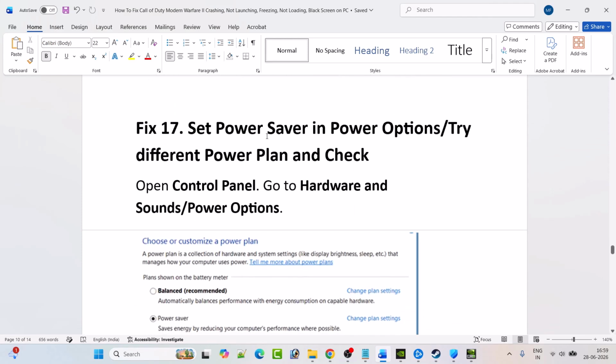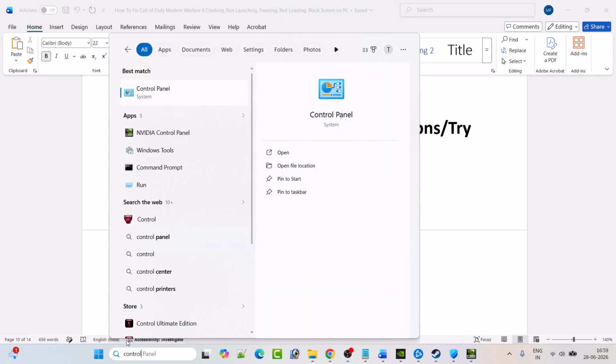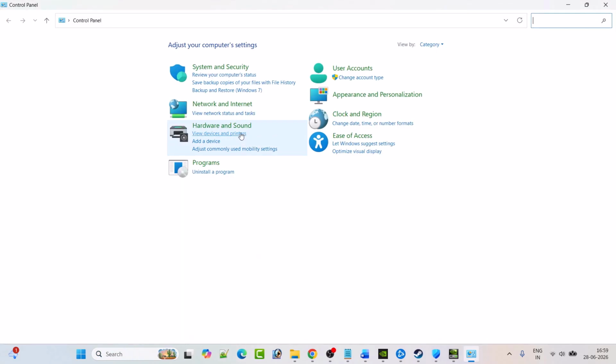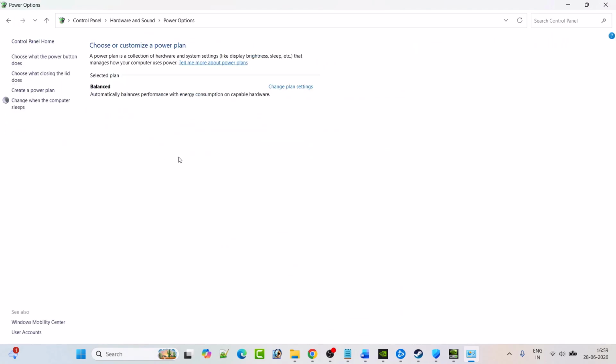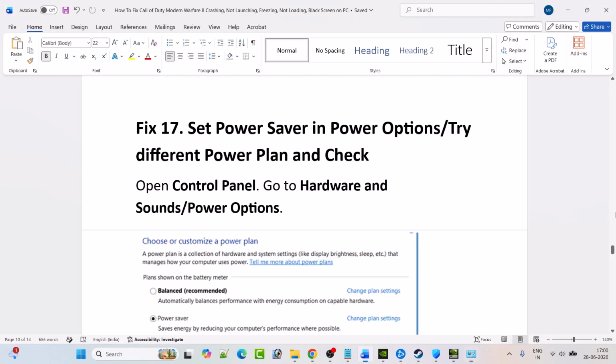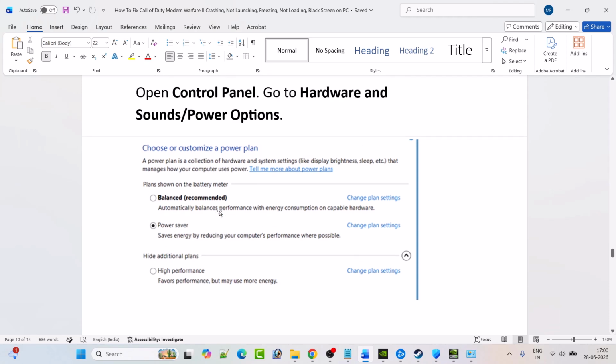Fix 17 is to set power saver in power options, or you can also try a different power plan and check. So in Windows search, type control panel and open the control panel, then click on hardware and sounds, then click on power options. On my PC it is showing balanced, but if on your PC it is showing balanced, power saver or high performance, then first select the power saver, then save the changes and then launch the game